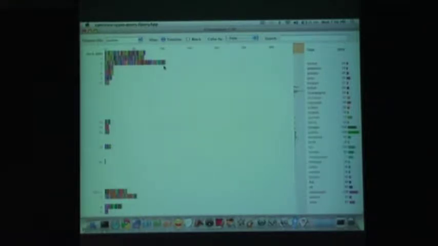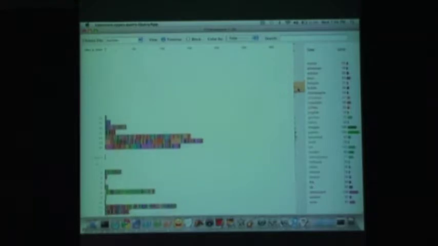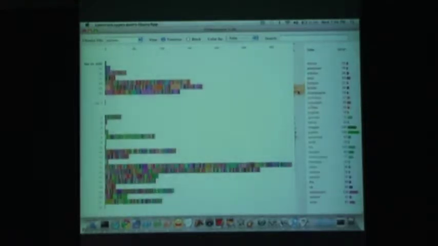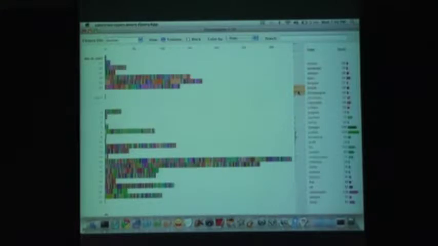Each one of these colored little rectangles is one edit that this person made. So this was to sparkling wine, this was to cork, this was to pomace, and so forth. As I mouse over, I can see every single article that they touched. But this person has been touching Wikipedia for a long time, so I have this scroll bar on the right that I can pull, and I can see some of the burstiness. For instance, they were really, really active in this particular period. So let's look at what they were looking at. Again, they are looking at wine, sparkling wine, cava,